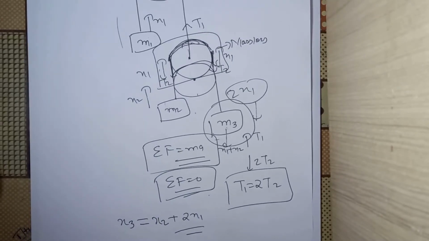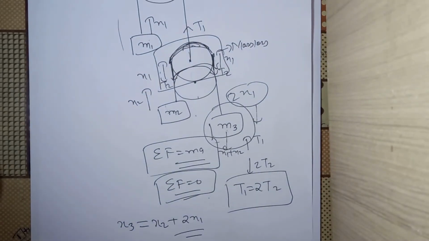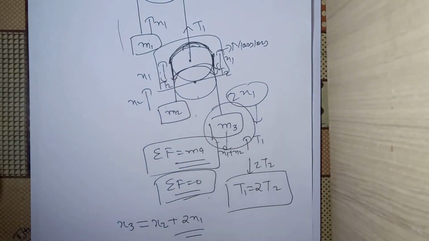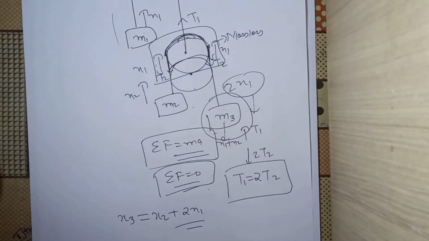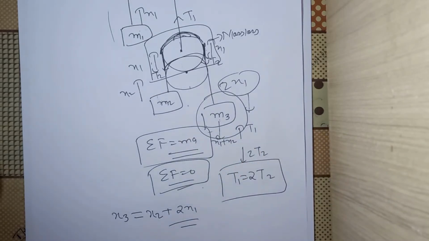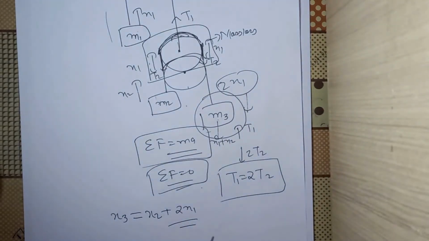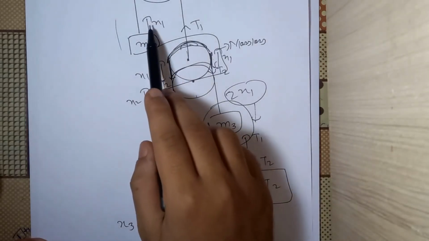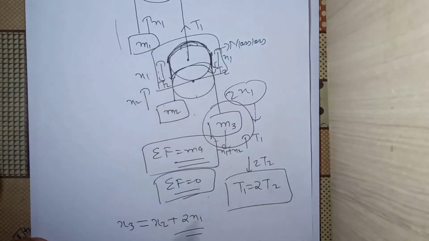What I've done is, we have moved m1 and m2 in some random directions, and then we are taking note of the effects of these x1 and x2 motions on m3, and we have figured out that x3 is equal to x2 plus 2x1. For the direction of x3, I have assumed that the direction of x3 is downwards. So the initial directions are very important, and you need to follow the direction that you have taken, because later on when we apply the equation of motion, the directions of acceleration will be the same as that of x1 that we have taken.